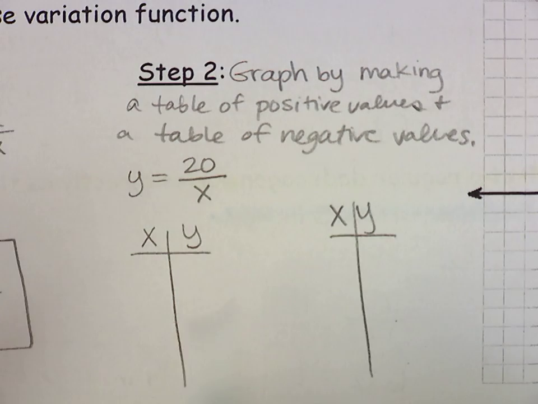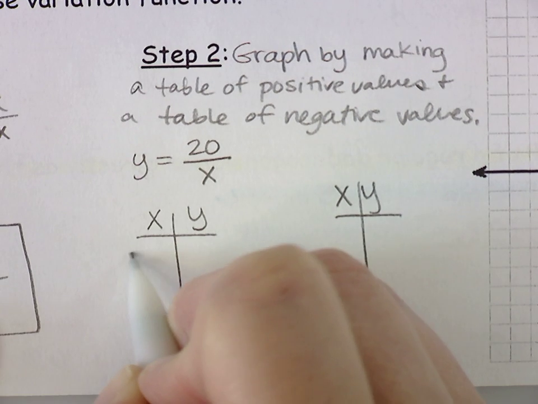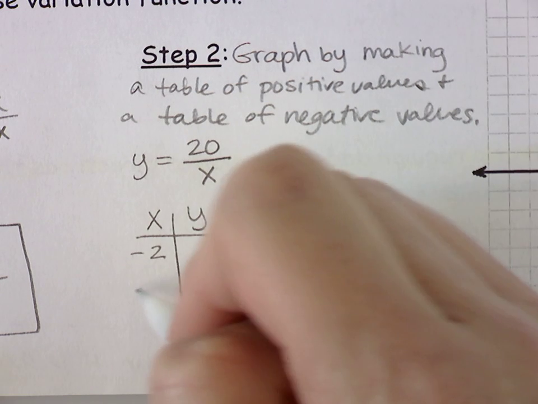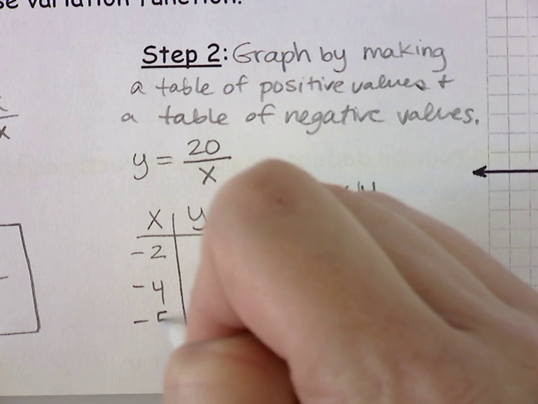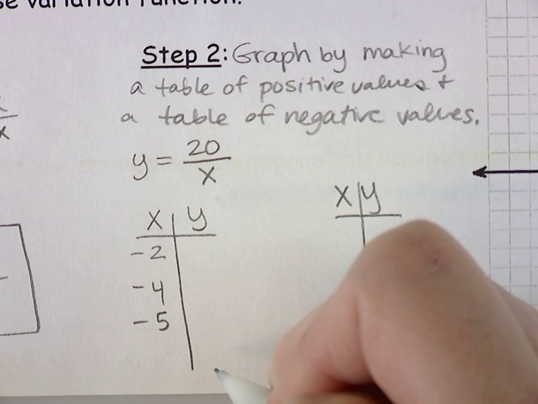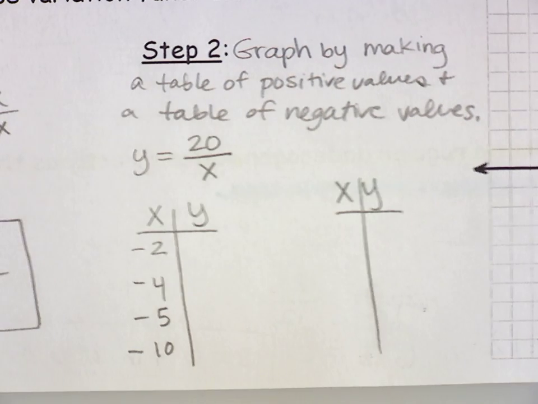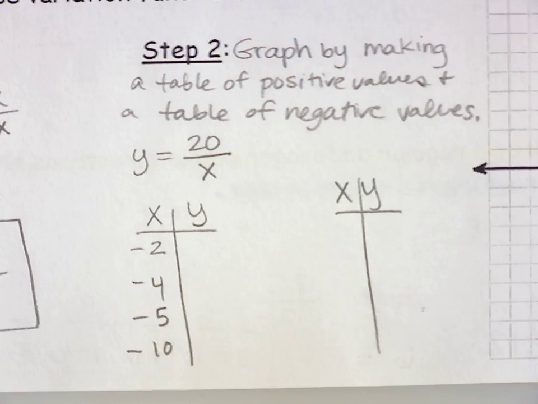4. Okay, so 2, and we'll do the negative graph first. Yep, I heard 4 and 5. What's another good one? Let's do one more. 6. 10. 10. Okay,